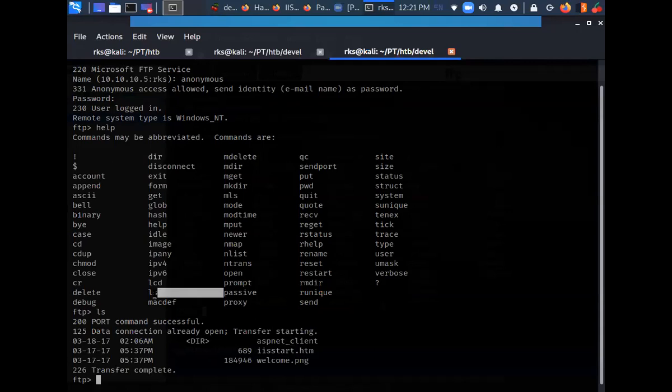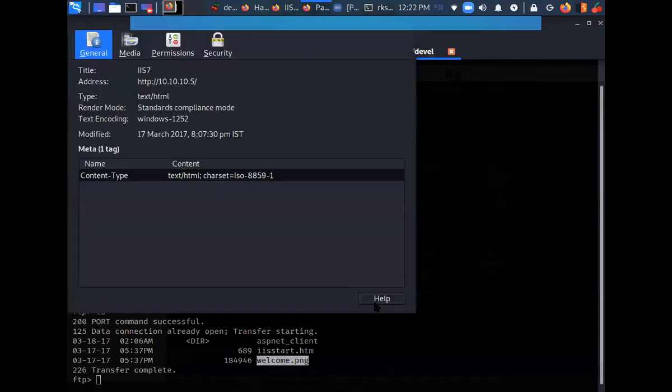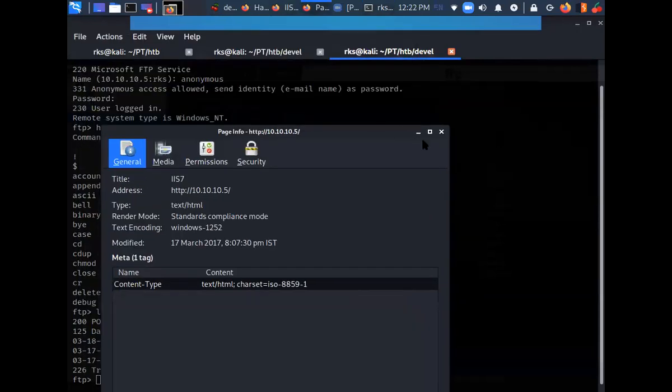When I did an ls here, I can see some files like this. This is probably going to be the index.php, you can say, or the home index website file, which is calling welcome.png, the welcome image. Okay.